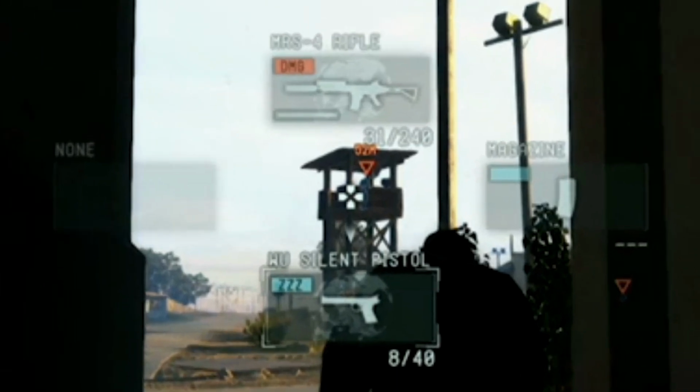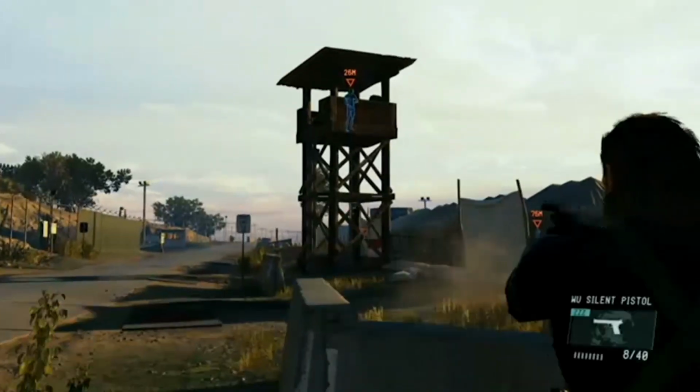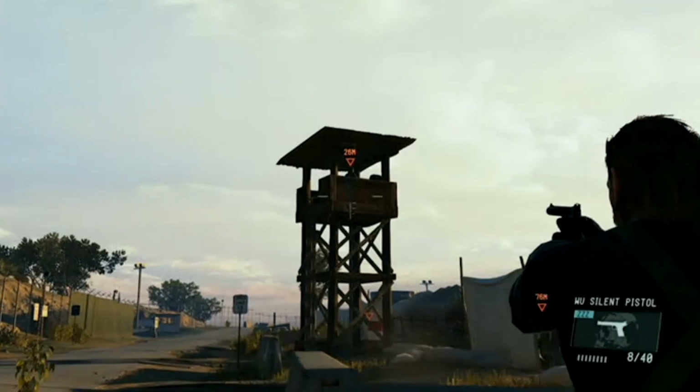The item assigned to the right D-pad is the familiar magazine item, used for distracting or baiting guards. The item assigned to the down D-pad is the WV silent pistol, a tranquilizer gun with a built-in suppressor. The player goes for the tranquilizer, and as he takes aim, you may notice a rather interesting crosshair with 3